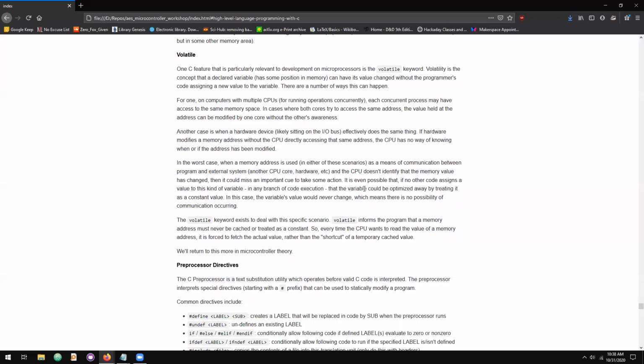And when you're building your code, it's even possible that if your program is only using this variable as a means of receiving signals, so it's never actually writing to it, if there are no branches of execution in your program that access a variable, it's possible that it'll be optimized out. So it could be represented when you produce your machine code as a constant, which is definitely not the intention of how we were going to use it,